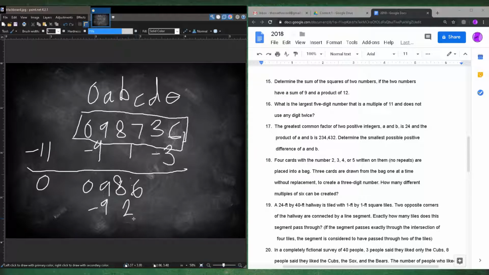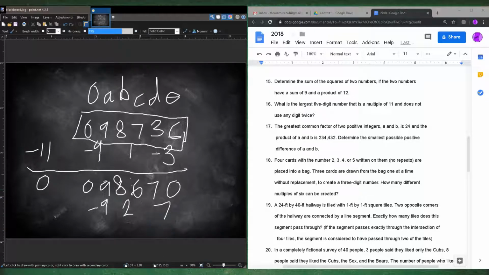We have a difference of 2. Now we could use a 7 here. So 7 minus 0 is 7. So that's the highest difference we could have, which is also the highest number. So it's 2 plus 7 is 9, minus that 9 is 0. So our highest number for this one is